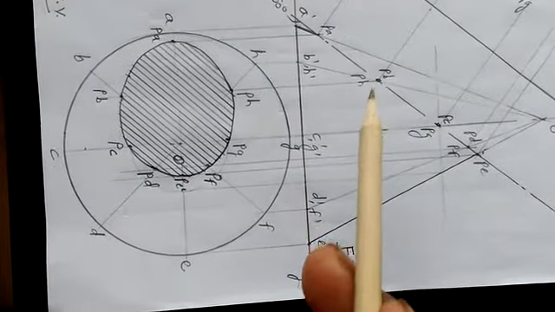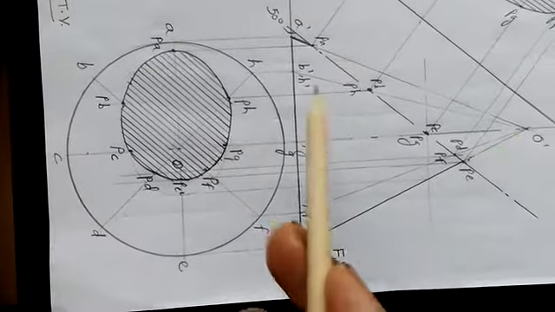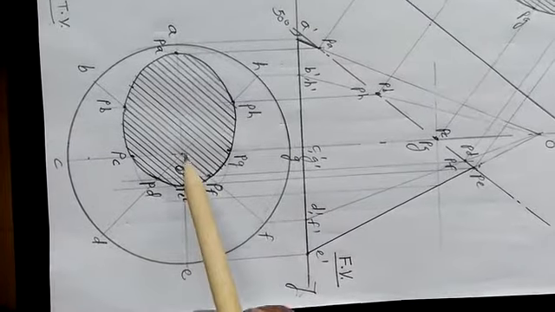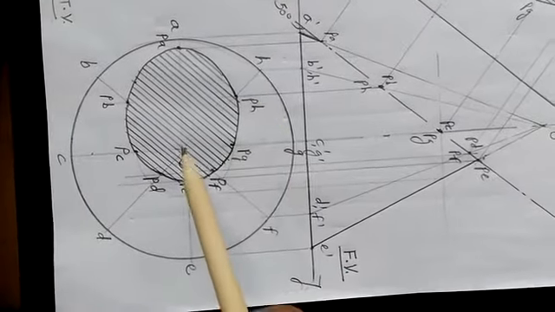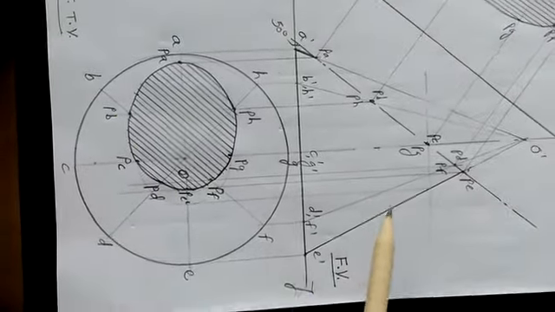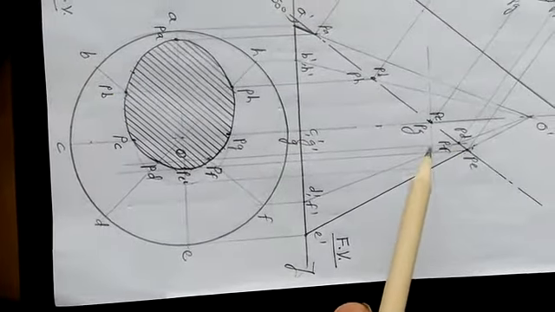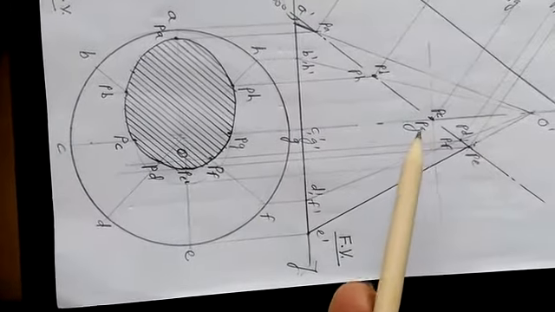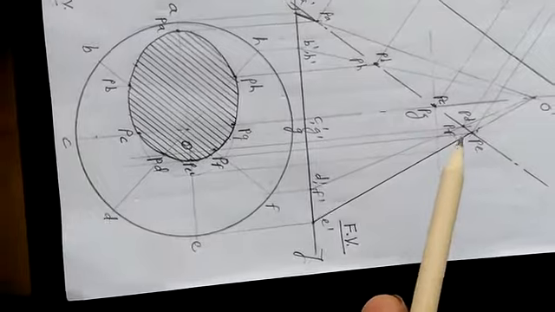Similarly, project PB and PH over to the respective OB and OH. So PB and PH you will get here. Initially over OH you will get PH, over OB you will get PB. Same way, PD and PF vertically down. How to project PC and PG, that I will tell you later on.